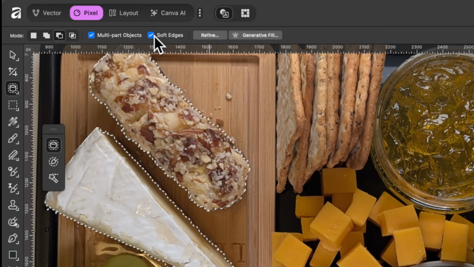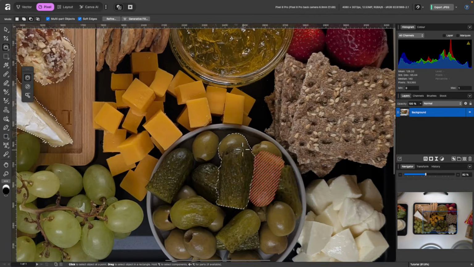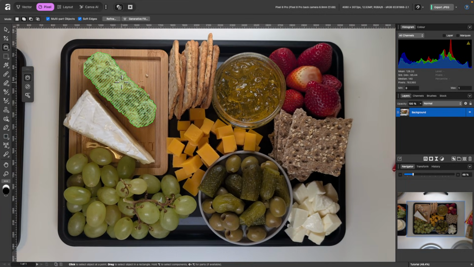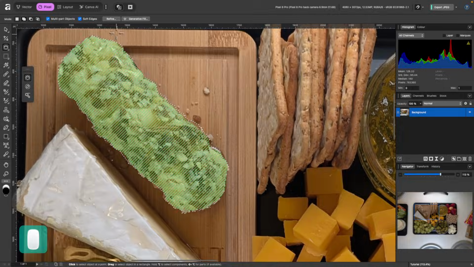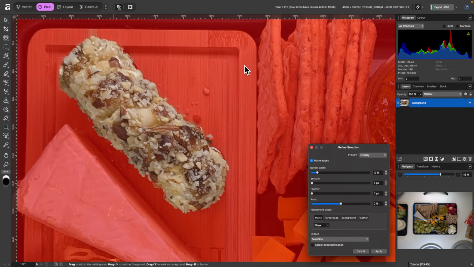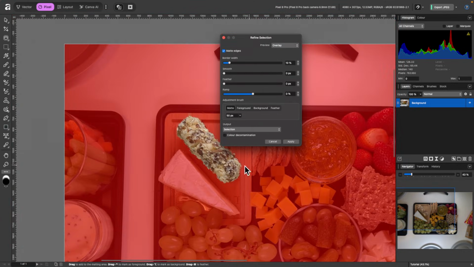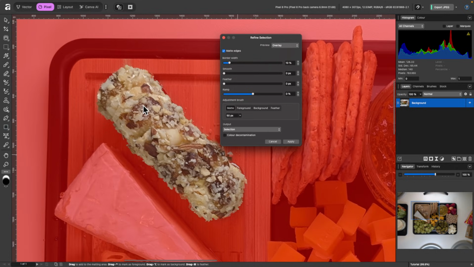And if you uncheck that, when we apply our adjustments, it might be a little bit more sharp on the edges. So I'll just press Command D again. And we'll just select this same object again, and this time we will click on Refine. Now I'm not going to get super into this because it's getting a little bit advanced for a beginner's guide, but here's a box. This is your Refine selection, and you can see everything in red kind of won't be selected. Everything that isn't will be.